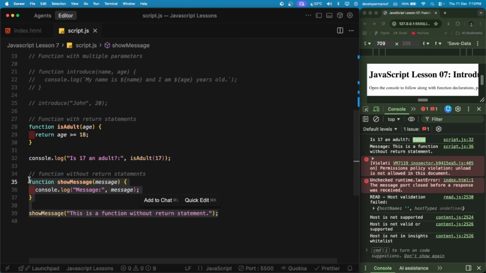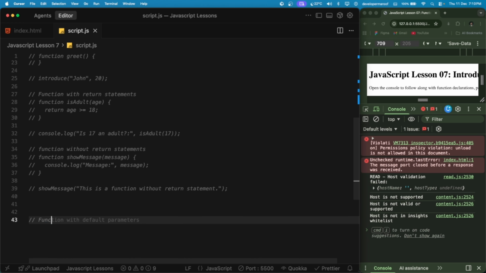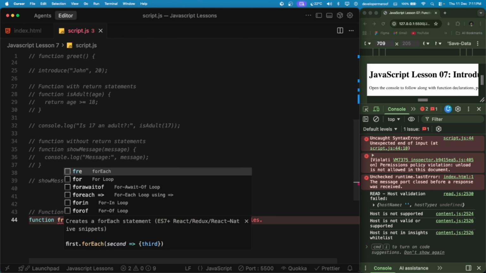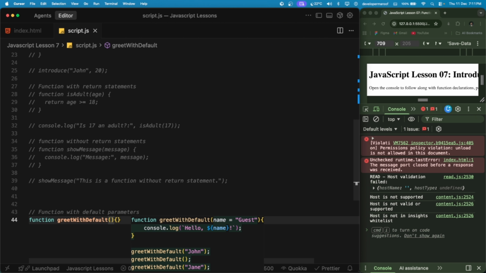Let's comment these out. And let me show you now our final functions with default parameters. So sometimes we want to give parameters a default value. This way, if someone doesn't pass a value, it uses the default one. So let's add a comment here. Functions with default parameters. And let's have function greet with default parenthesis and curly braces here, and inside that parenthesis